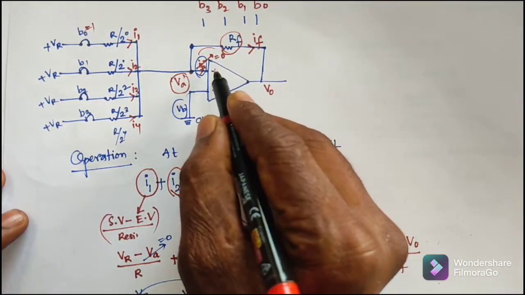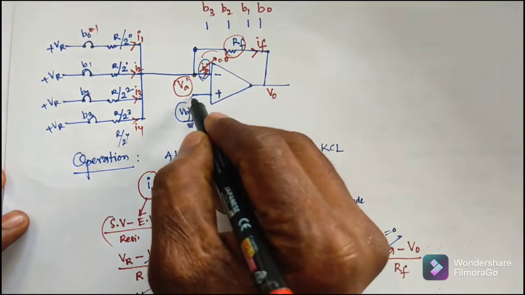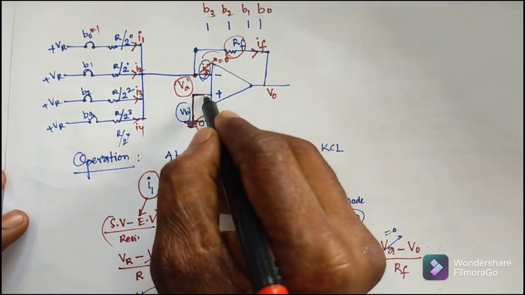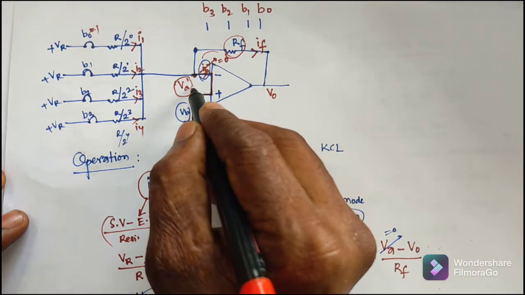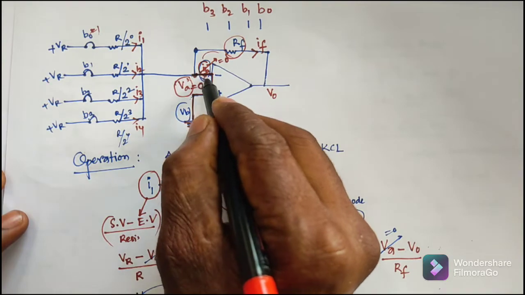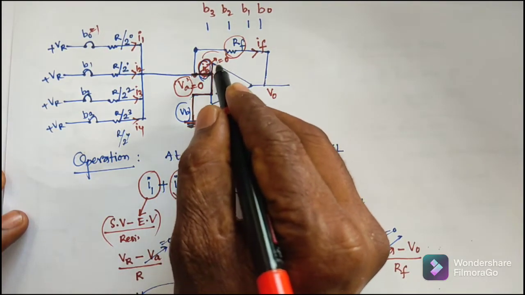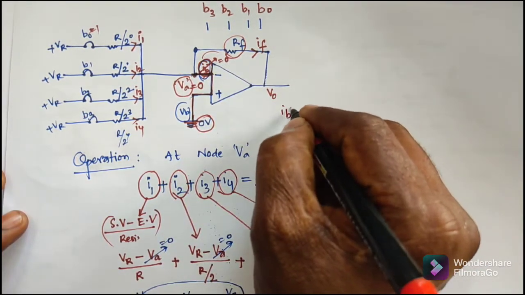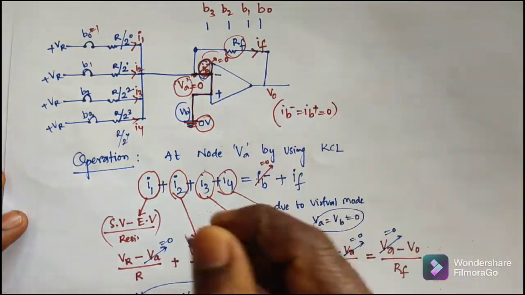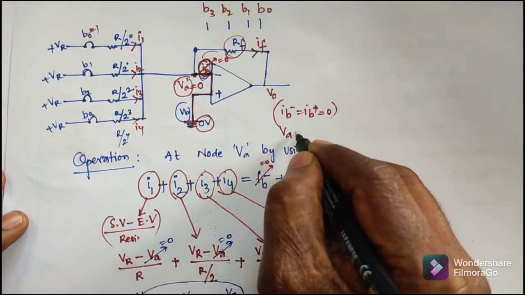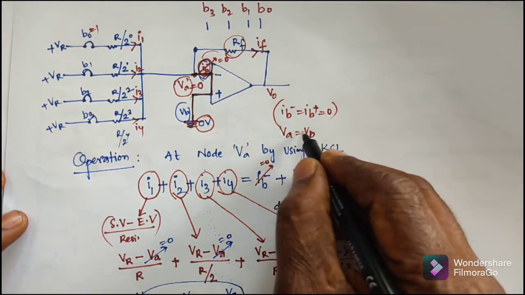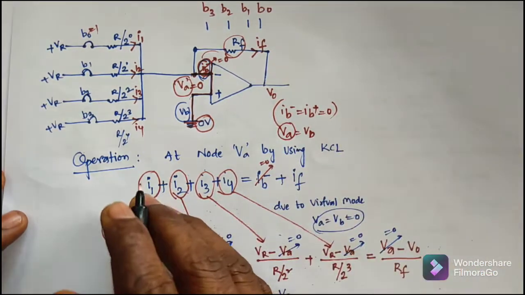So this is the operational amplifier. Here the positive terminal voltage is connected to 0 volts. Due to the virtual ground, you will get the VA value also 0. In this part some current is passing, that is IB minus. Due to the virtual ground, IB minus is equal to IB plus, both are zero. And here VA is equal to VB. One of the elements, VB, has value 0. So that's why the VA value is also 0.